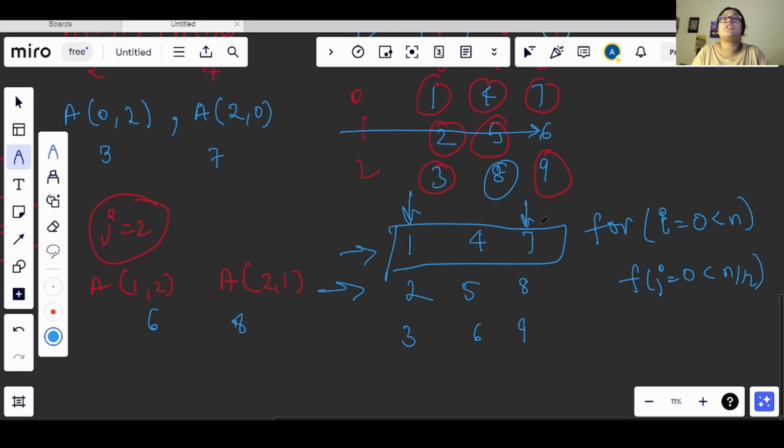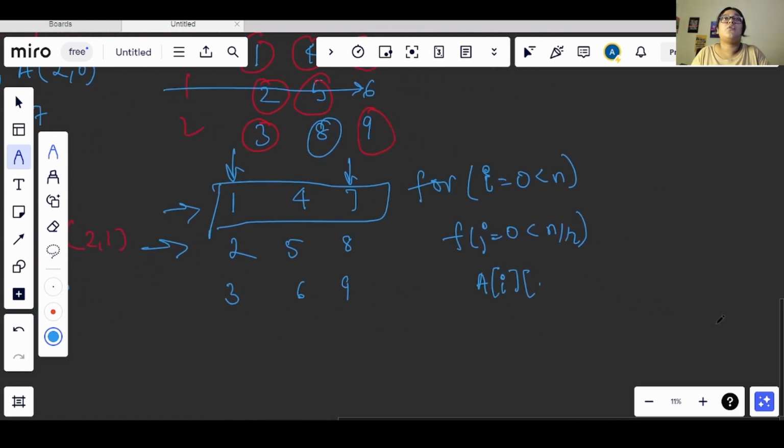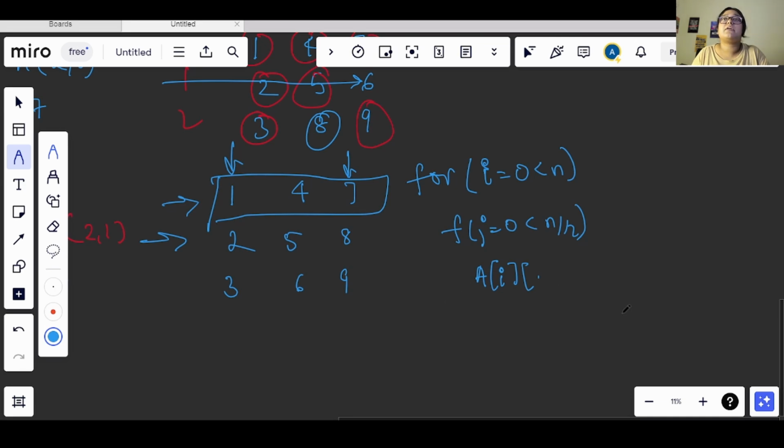We will be using these both, and we will be swapping from front and back, right? So here what we will do, we will take A of i and j, and this j value will be 0 for this. Now the last value, how do we get that? This is n minus 1 here, but this value has to keep reducing every time in order to move forward. So for that reason, what we have to do is n minus i minus j. Okay, how can I specify that?